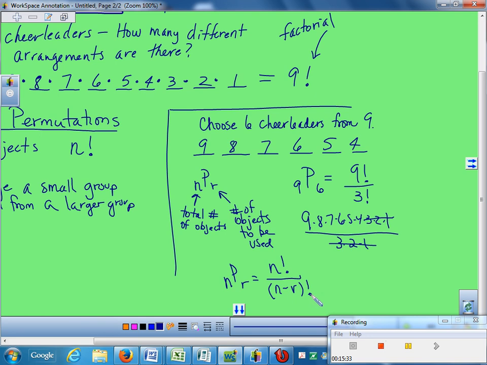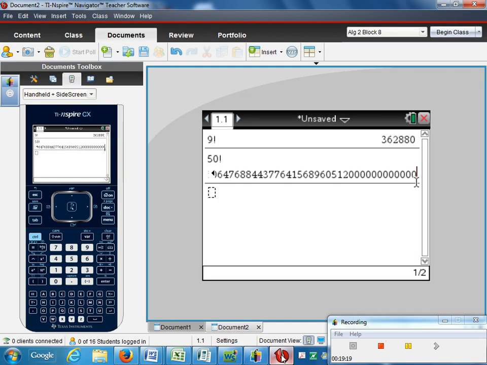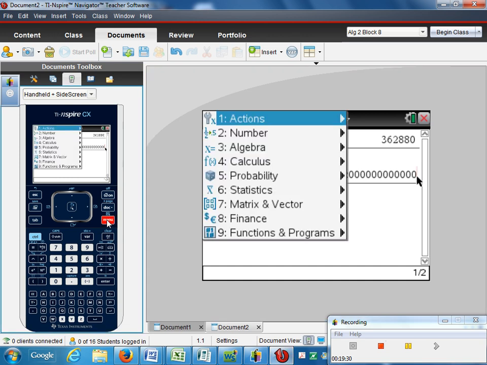Okay. You, however, can do it in your calculator. The question is where. And this is one of my disgusting things that I'm not happy with this calculator about. My old calculators wrote it just like that, 9P6. This calculator, they switched it back to the other notation, which I find confuses students more, so I'm not so thrilled that they switched it back. But where do you suppose you ought to go to look for this? It's not in any of these special keyboard notations. You actually have to go to menu. Okay, probability, number 5.